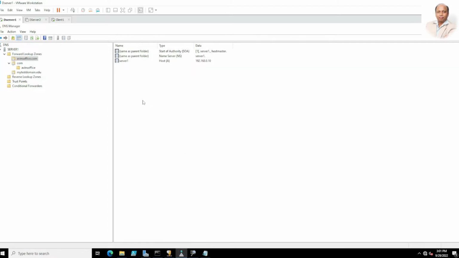Should it display here? If I refresh here, it is not displaying. But why is it not displaying? All this information which we have created is in the memory only, in RAM. So reload it, reload and see